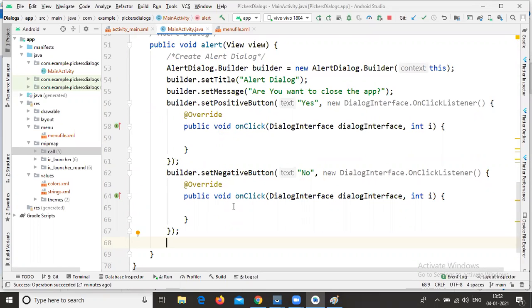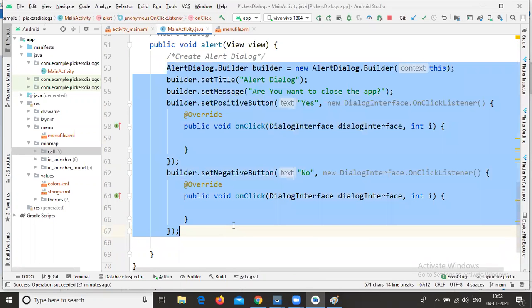In case you want to display the toast message, you need to write the toast dot show method at the end of the statement. Here also you need to write the dot show method. If you are not writing the dot show method, we are unable to display this dialog. Only if you write the dot show method will this type of dialog be displayed in our activity.